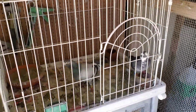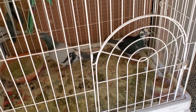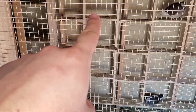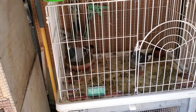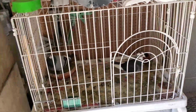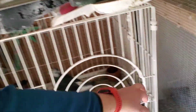And if you take a look here, this is the big change. If that hen doesn't look familiar, it's because that's a new hen. Well, my hen, but a new hen for this cock. The hen that he was paired up to, if you guys remember, had that bad limp that she's had since the day that I moved the birds in here. She jumped from those perches, somehow landed really bad, and basically looked like she dislocated her hip. I thought she was going to be fine within a week or two. And she just never got better, and slowly started losing weight, started losing stamina, kind of stopped laying eggs. So I've got young birds from them, few pair in here. But yeah, she just got way too skinny and way too rough, so she's gone, and I have replaced her